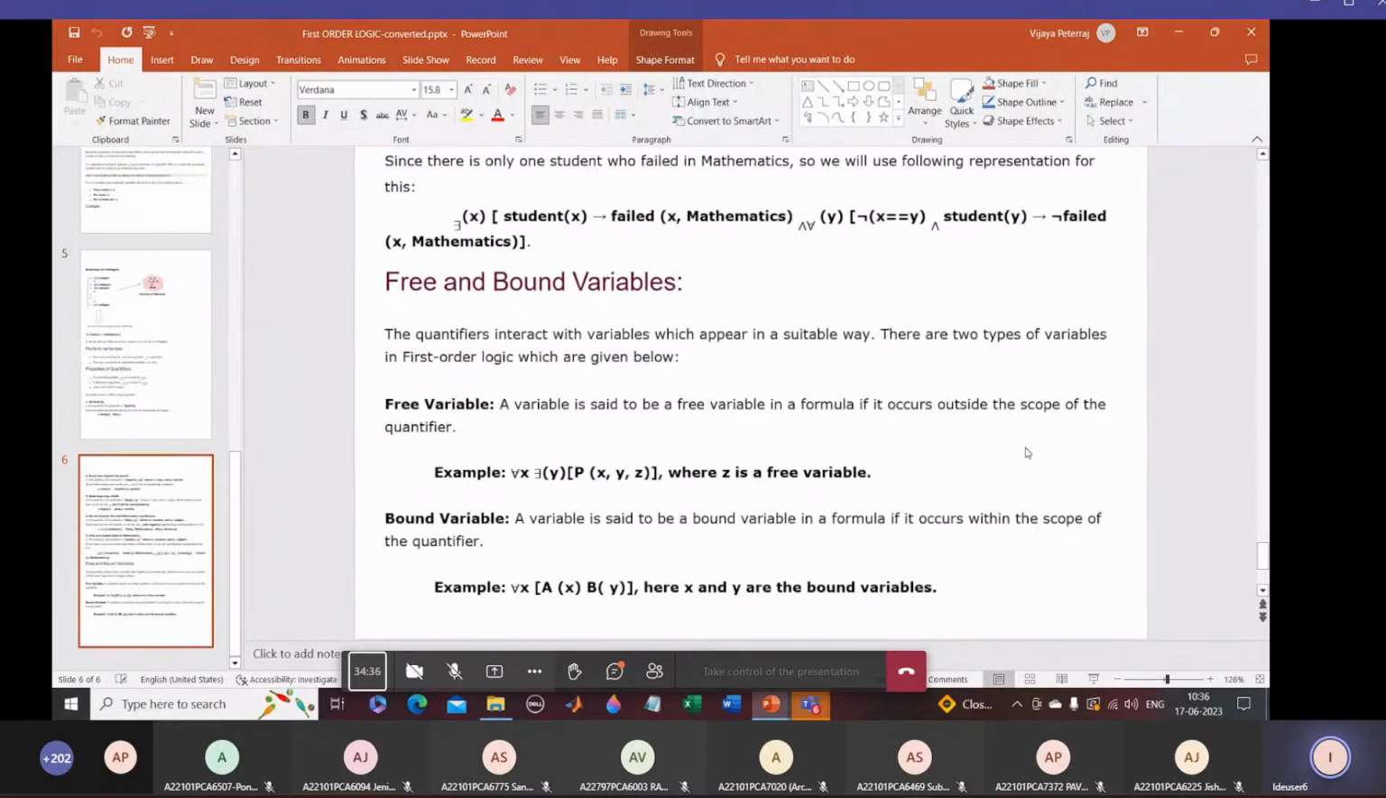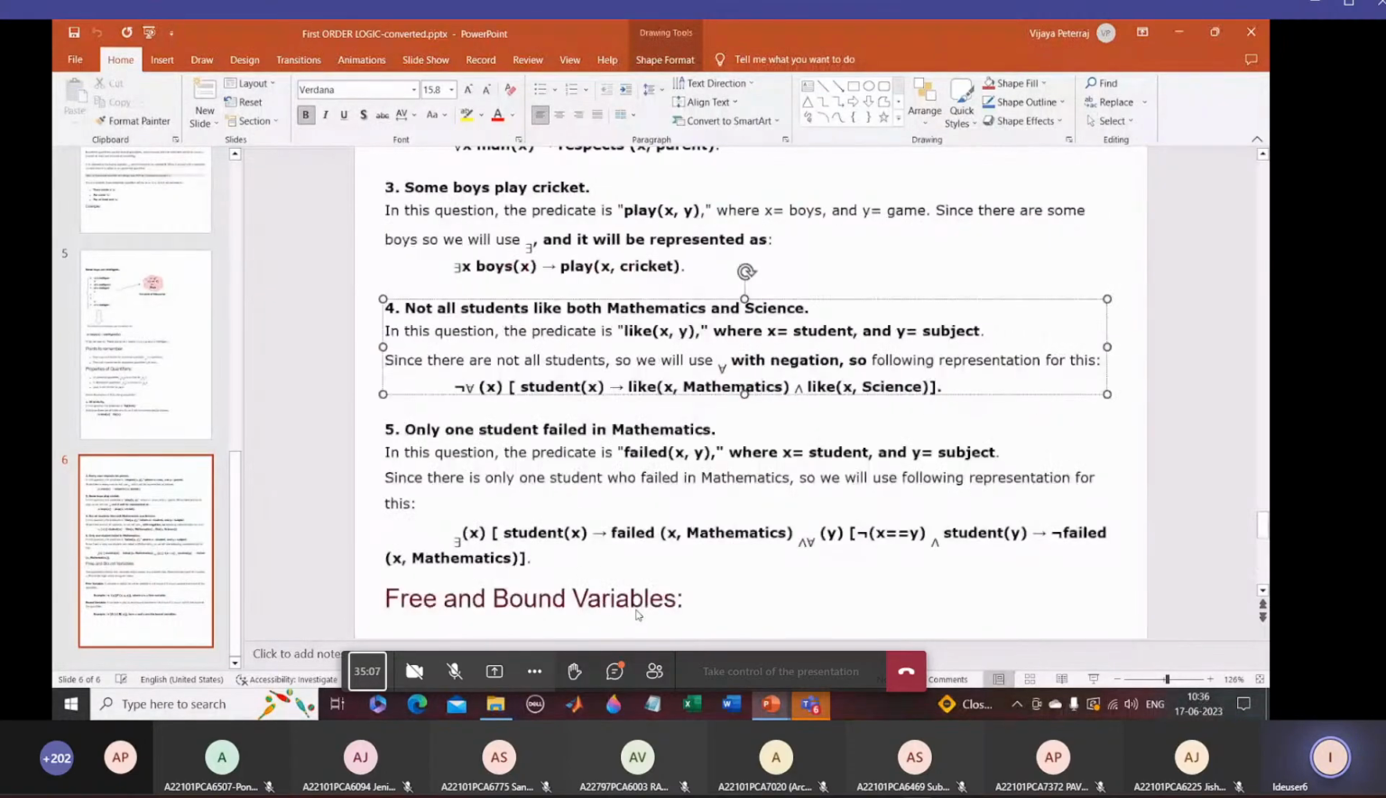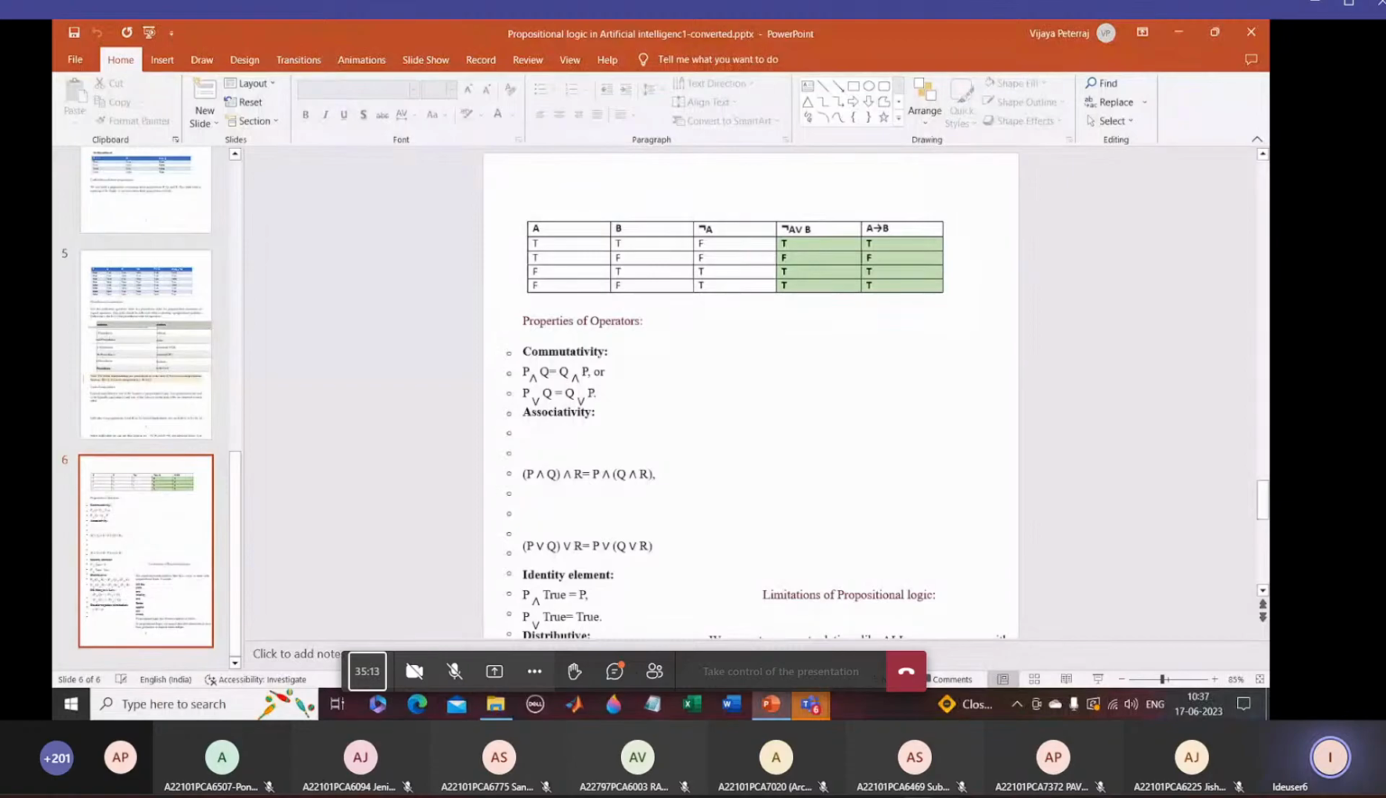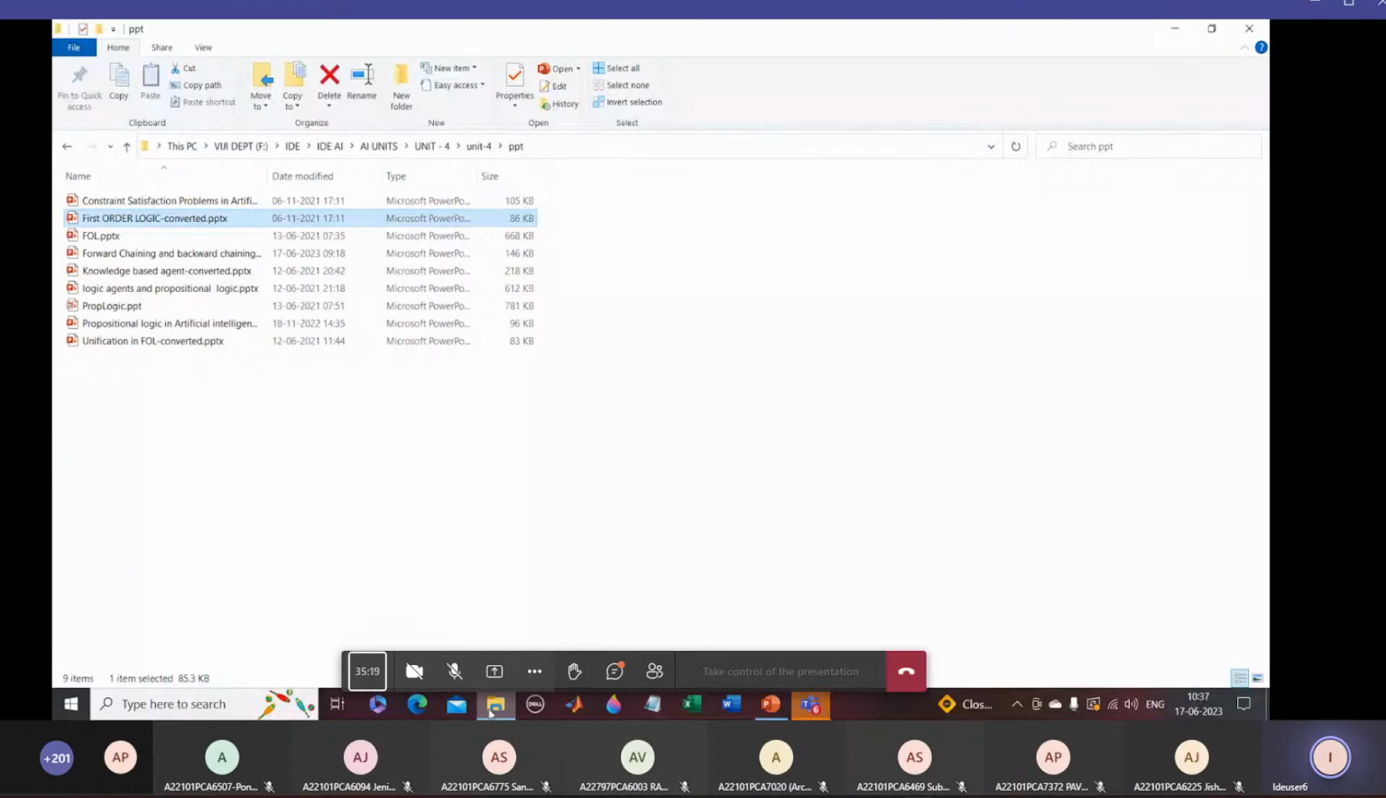Okay, Z is a free variable here. X and Y are the bound variables. Why? Because for X and Y, what have we given? The quantifier is given, but not for Z. It is outside the scope of the quantifier, so it is a free variable. But here what have we done? For all X, and Y also is given within the bound. So these are bound variables. Okay, that is all here. This is more important in learning forward chaining and backward chaining. And the next one we are supposed to learn is